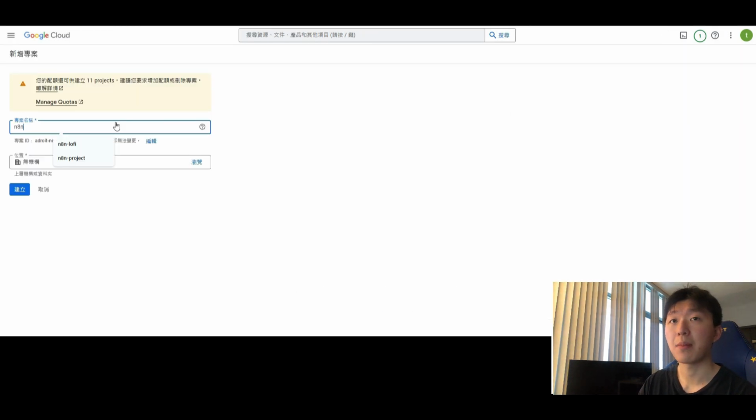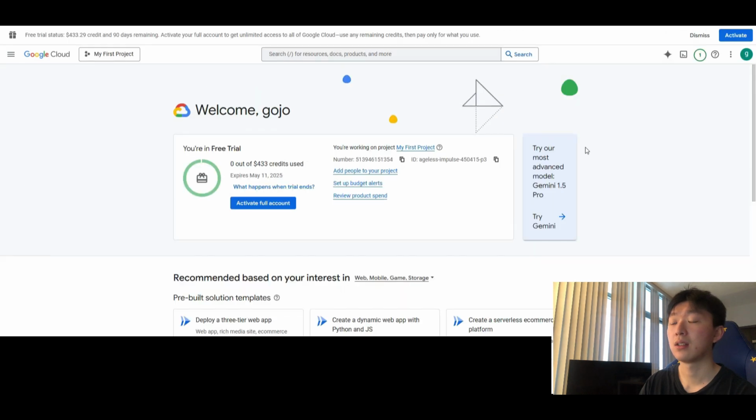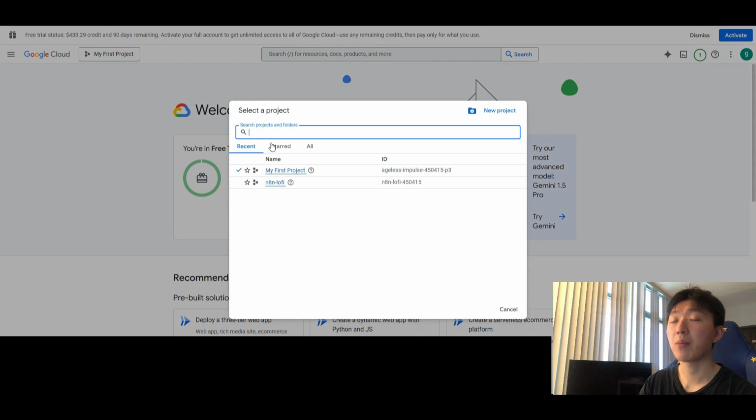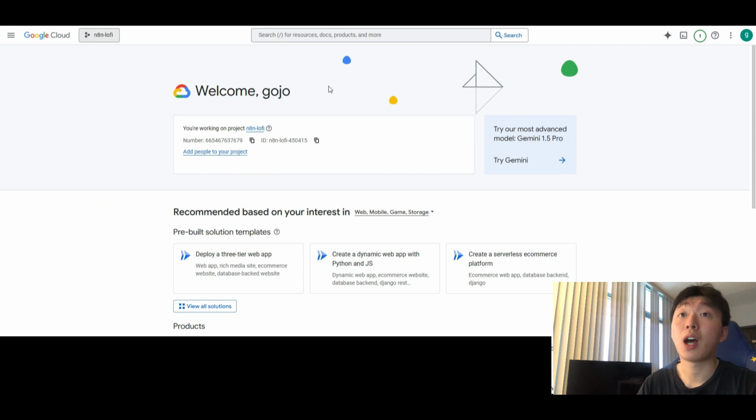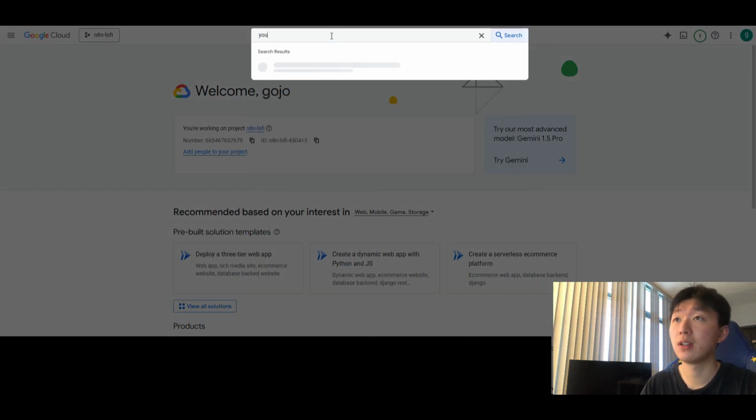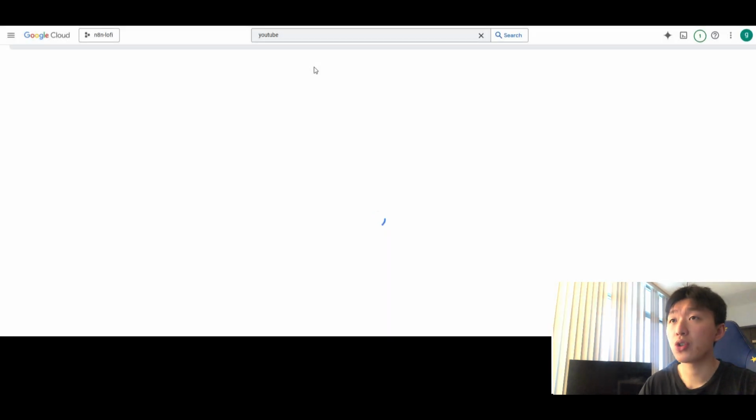In here, you type N8N, and then N8N dash your name, and then hit create. And remember, go back to My First Project and change it to the one that you just created. Now you will see the project name on the top left is changed to N8N Lo-Fi, which means it's good. Then we search for YouTube API,